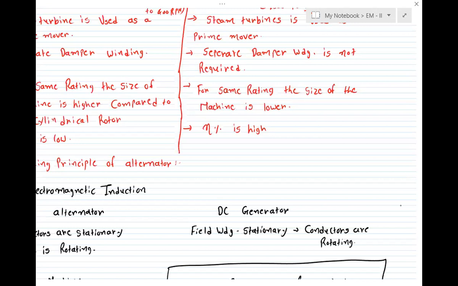Now we select a particular value of field current, let's say 2 ampere, the current flowing in the field winding. For 2 ampere, we find the short circuit current, and at the same 2 ampere, we find the no load voltage, the open circuit voltage. So we have the open circuit voltage and the short circuit current at a common field current. Now we take the ratio of voltage divided by current, so we have the synchronous impedance ZS. V by I is equal to R for DC and V by I is equal to Z for AC. So we are getting ZS.